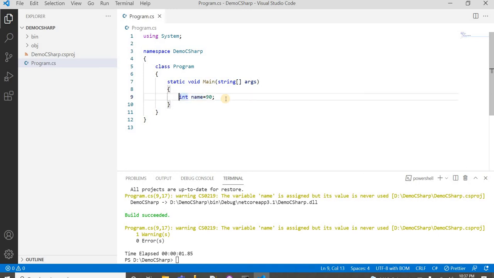Now let's say I want to take a string, first name. Let's say first name is Sam. Then I will add another string, let's say last name, and it's Jones, Sam Jones. Now I have two variables, first name and last name, and in the first name I store Sam, and in the last name I store Jones. Now let's say another variable, int age. So age will be integer type, let's say 32.